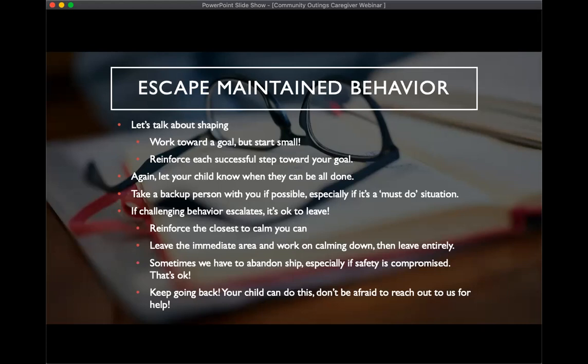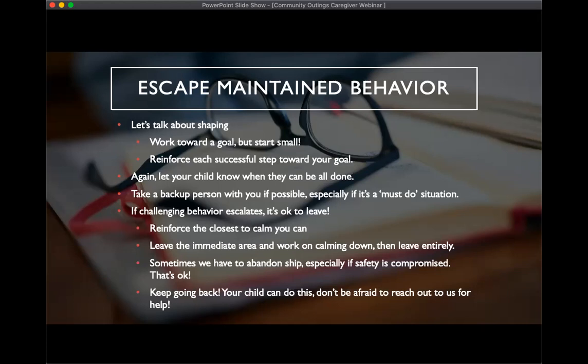So, again, if it is escape that they're seeking, you just want to make sure that they're not engaging in challenging behavior and then getting to leave completely. Maybe you think that they're in an unsafe area of the store, or they're around a lot of people.